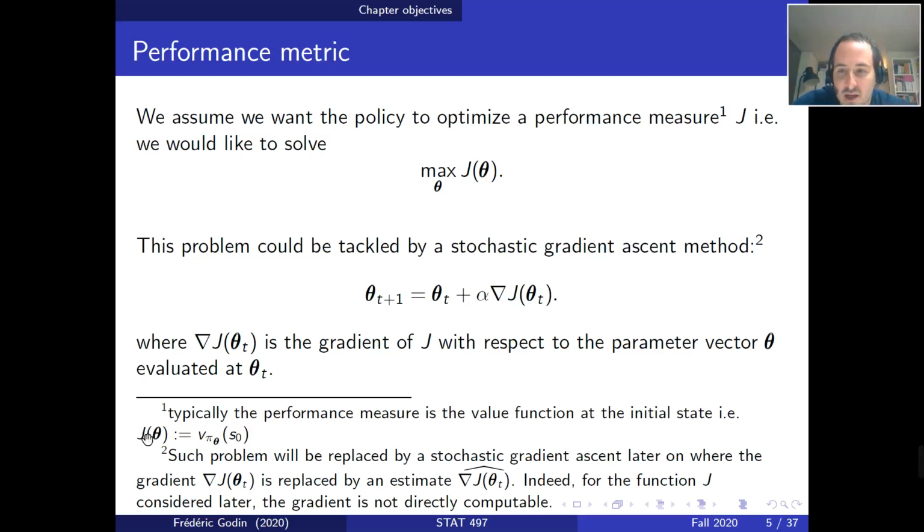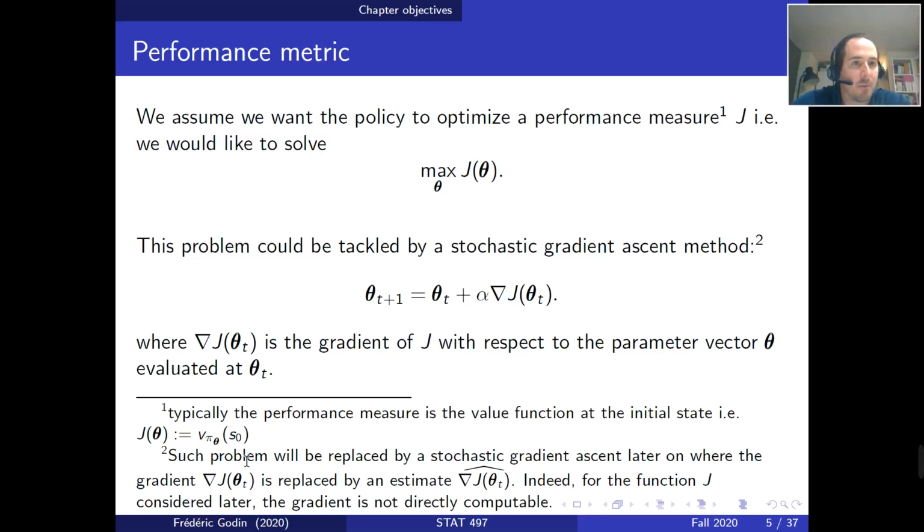Okay, so this is the typical case. For the remainder of this chapter and specific examples, we're going to only consider this case. However, in practice, in the literature, there are other objective functions that can be considered. Here, when we consider the value function as the objective function, it means we consider expected rewards, but